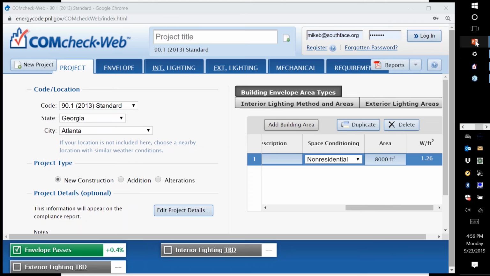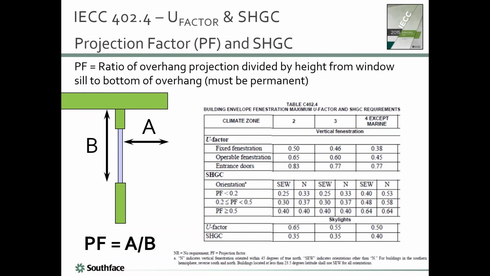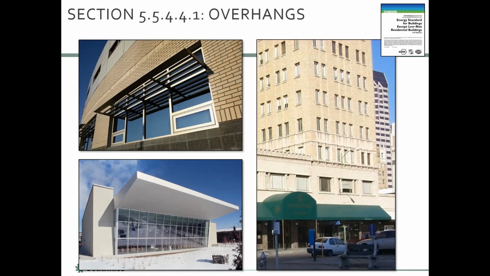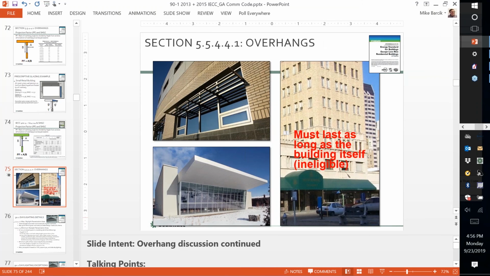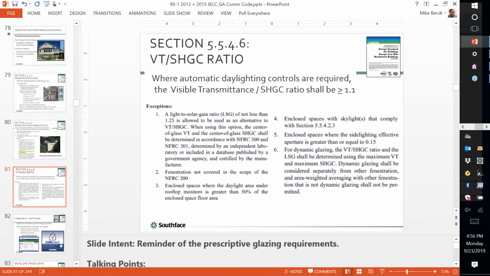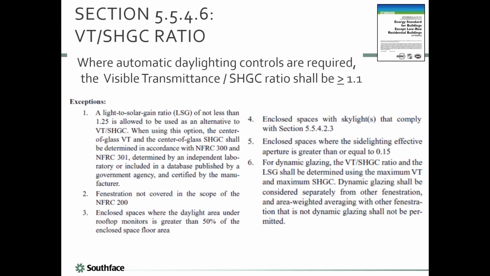Okay. So back to where we were. Trying to make sure I see if there's anything else big change-wise. The overhangs. So that was slide 75. I want to jump to 81 and remind everybody, I think I mentioned this one, about only in ASHRAE do you have to show that your visible transmittance is greater than your solar heat gain. Again, that's prescriptive, so you could trade it. All right, that's